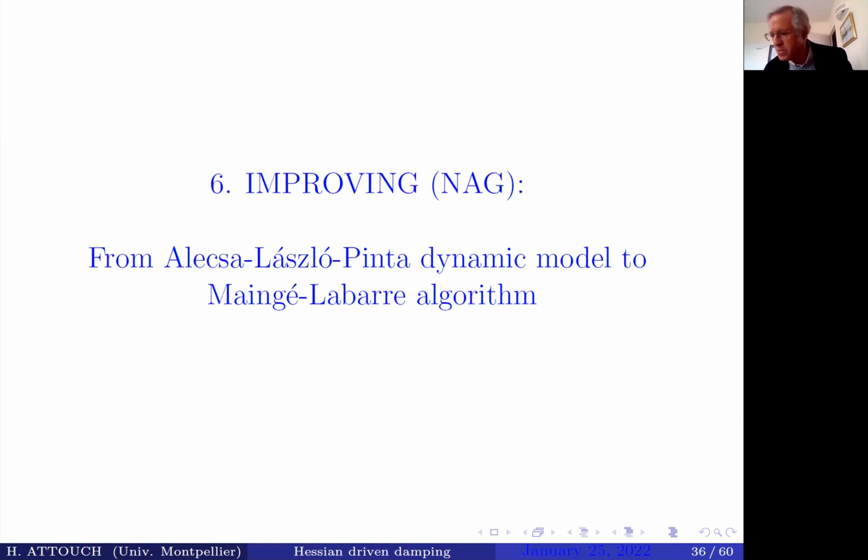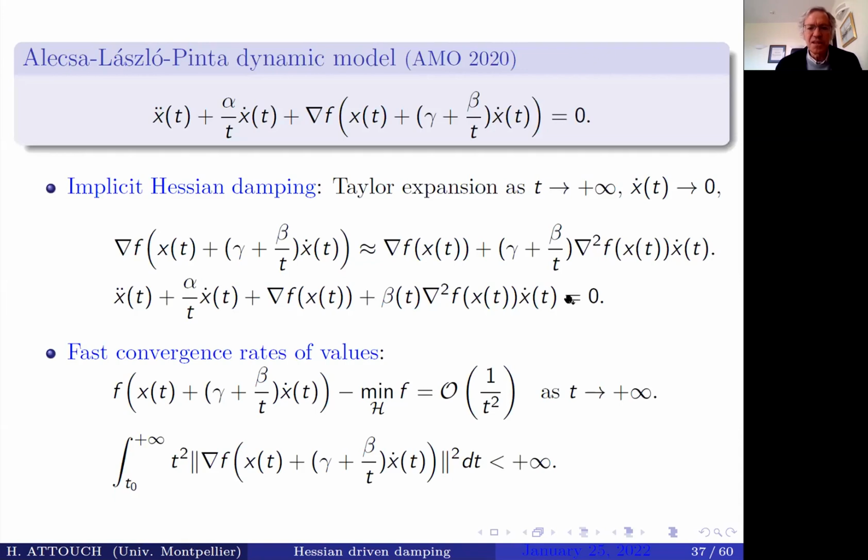And I have just a couple of minutes to talk about the last direction of research: how to improve the Nesterov method. Here we improve the RAG method. To improve the Nesterov method, as I said, Nesterov is naturally related to an implicit form of variation. When you pass to the continuous form of a Nesterov method,